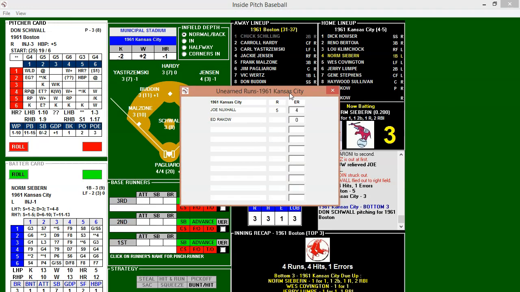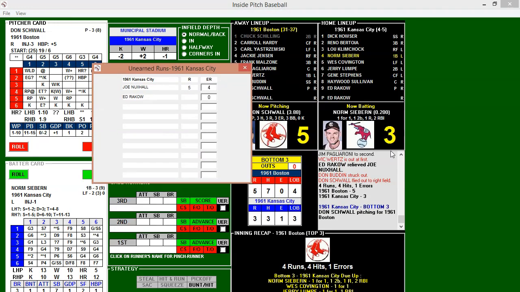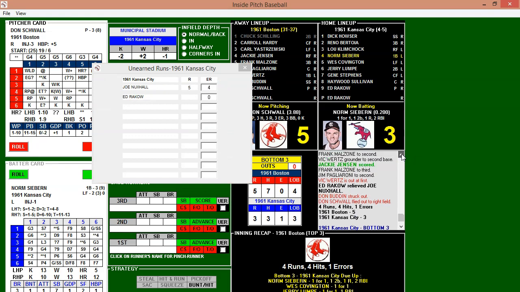So let's see here. Let's see if there's any unearned runs here. So Schilling, I think, is going to be unearned, which I think they already accounted for.